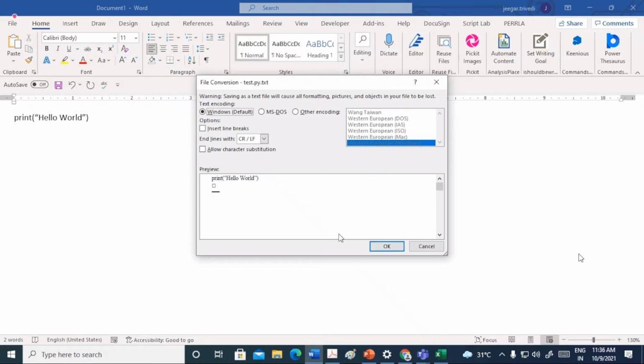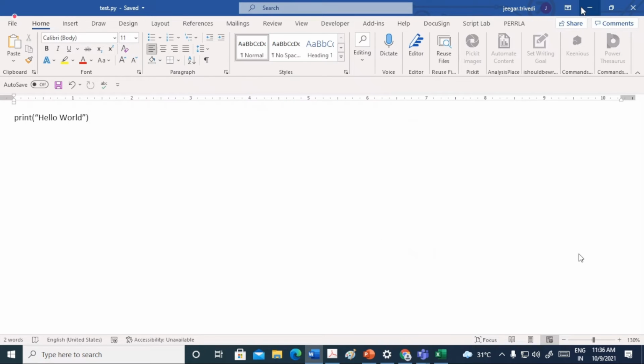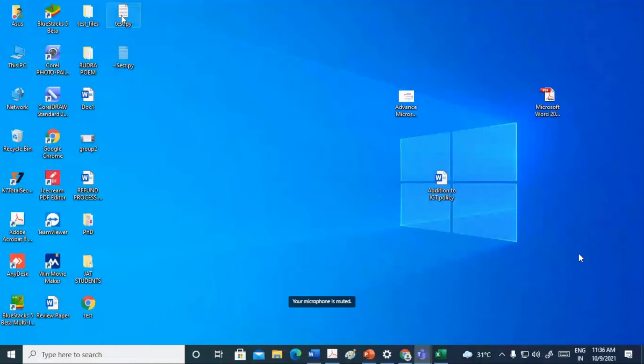It will ask for the converter if it is there, and you can see the Python file. If Visual Studio is installed, this will change the icon to the Visual Studio Python file format. So this becomes a Python file. The main reason some people like Microsoft Word as a programming editor is that in programming editors like NetBeans or Microsoft Visual Studio, you cannot change everything.